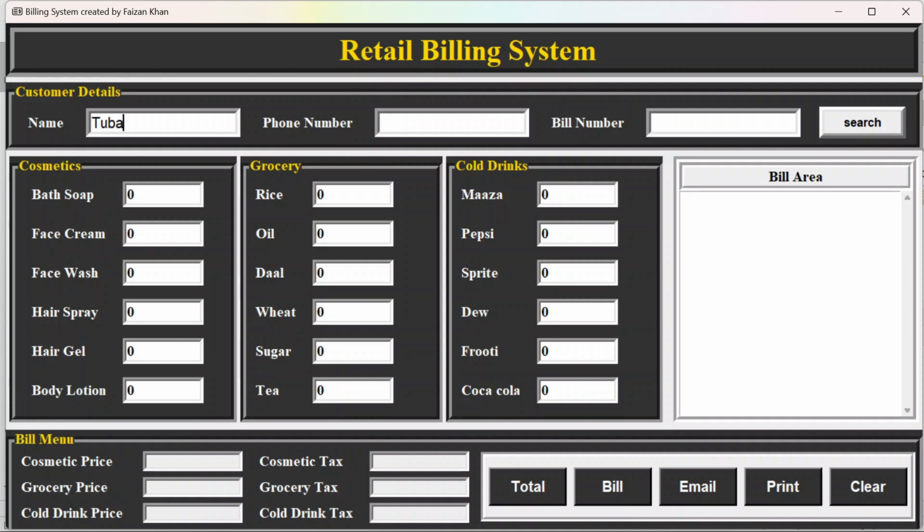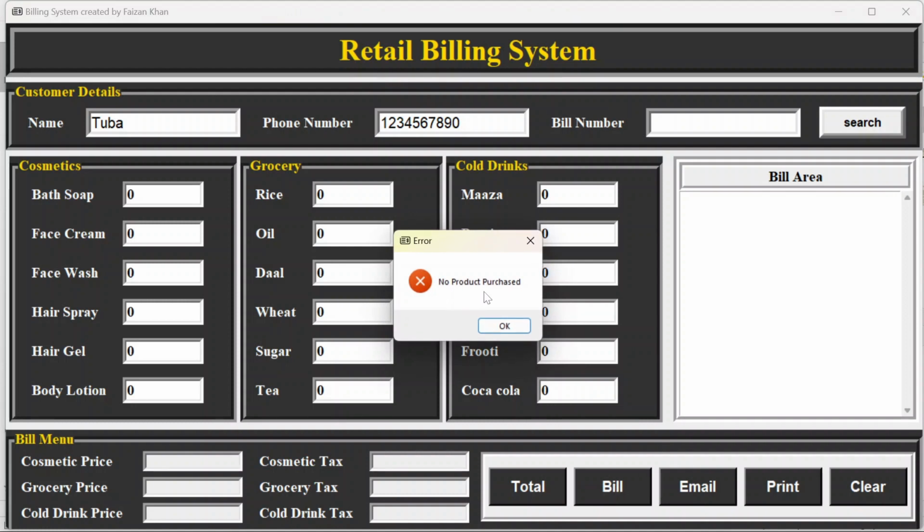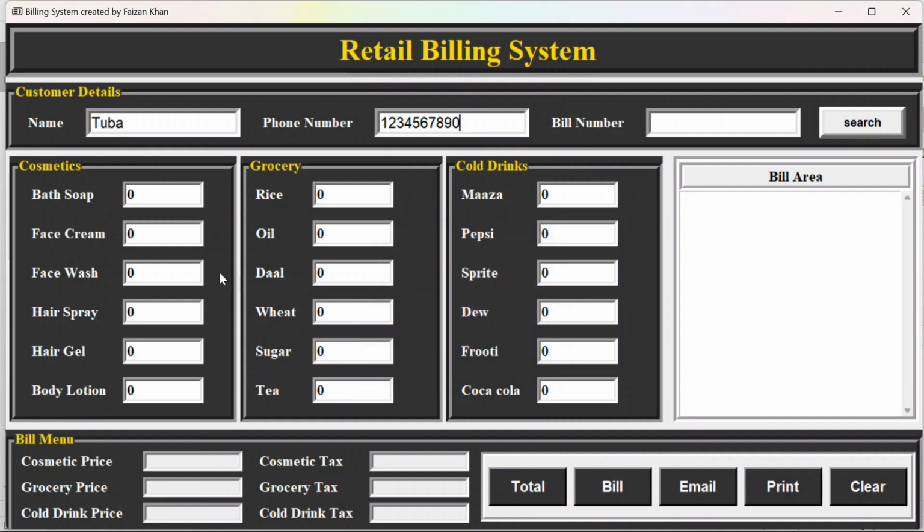So I'll add one name here and some random phone number. And now if I click on this bill button, it says that no product purchased. So first we'll have to purchase at least one product,